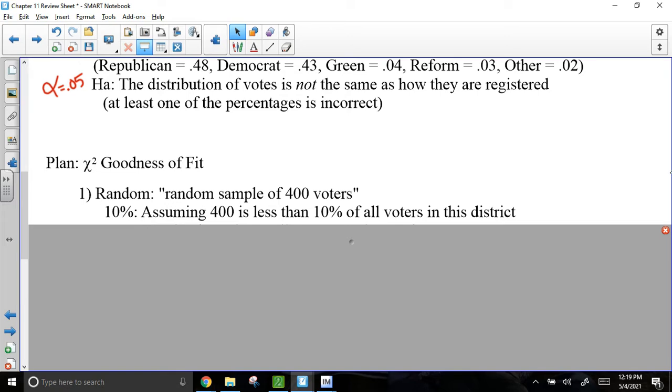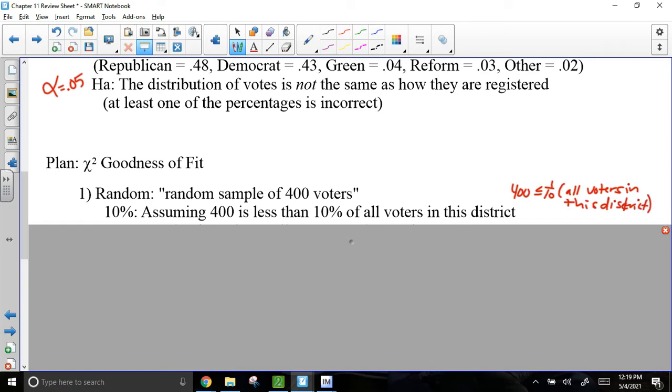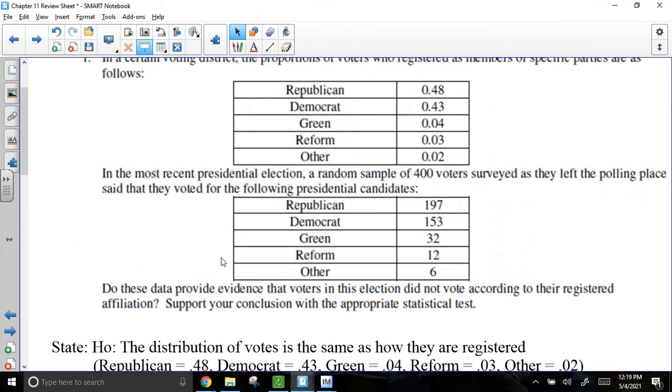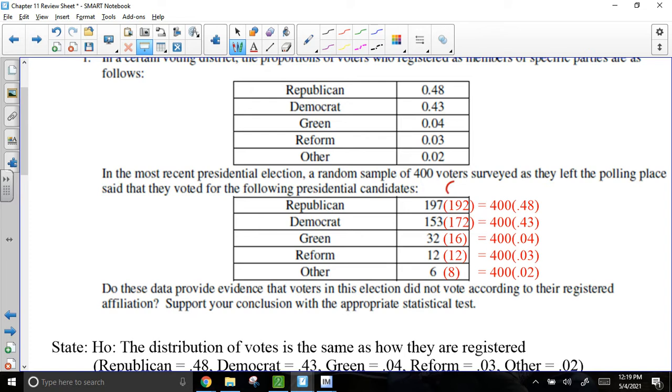Or again, you guys could write it how I've usually been writing it: 400 is less than or equal to 1/10 of all voters in this district. Okay, that's another way you could have said it. And then the large sample size or the large counts, the way you have to do that is we have to first check the expected counts. Do you guys remember how to figure out the expected counts? I like to go up to the observed and write them next to it. And so I went ahead and calculated all of those out. I went ahead and calculated that all of these are the expected counts in the